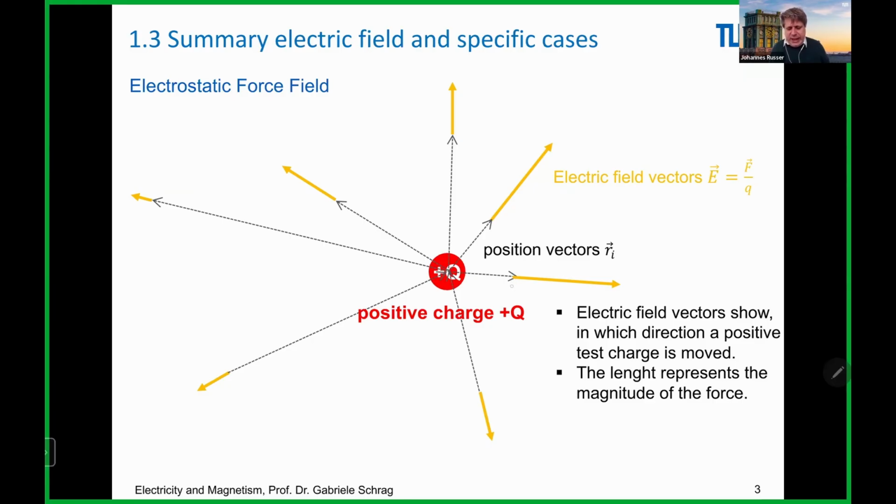And you see, just as for the force vector, the electric field vector is of large magnitude if we are looking at a point which is close to the positive charge here, and it becomes very small when you go far away. So the electric field also is, in this case, why? Because it is caused by this positive charge here, plus capital Q. This electric field is showing,